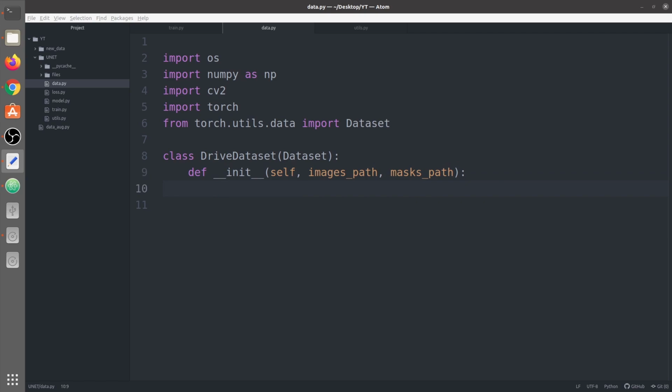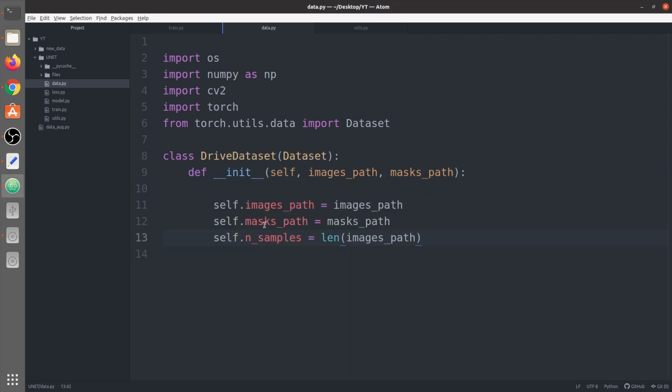Next we initialize some variables here: the images path, masks path, and n samples, meaning how many images there are. Then we write a function called __getitem__. This function takes an index variable.